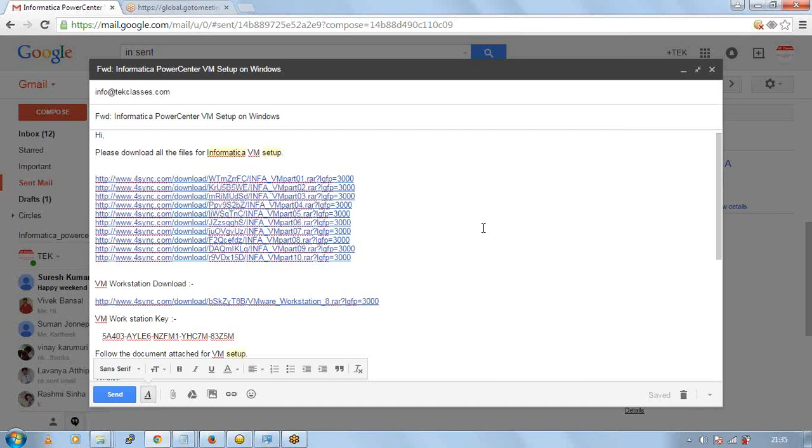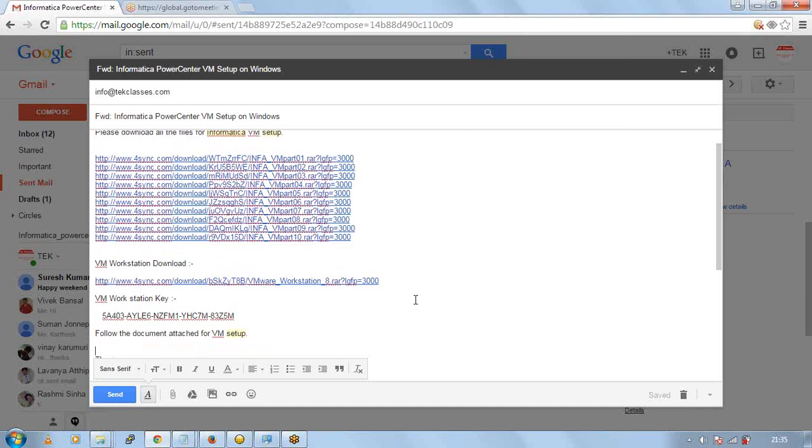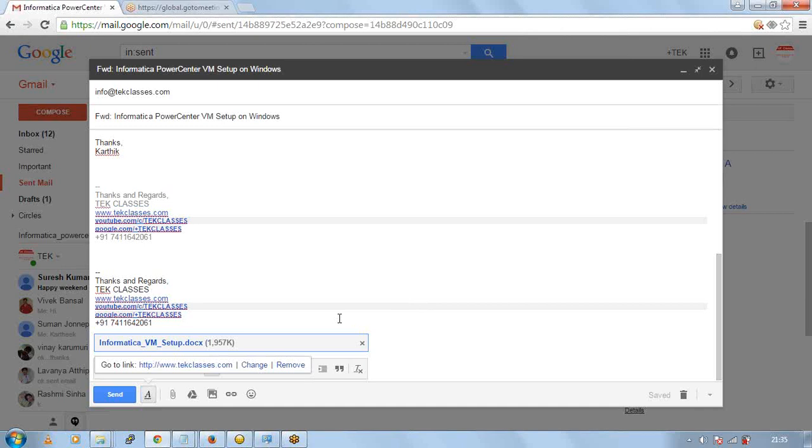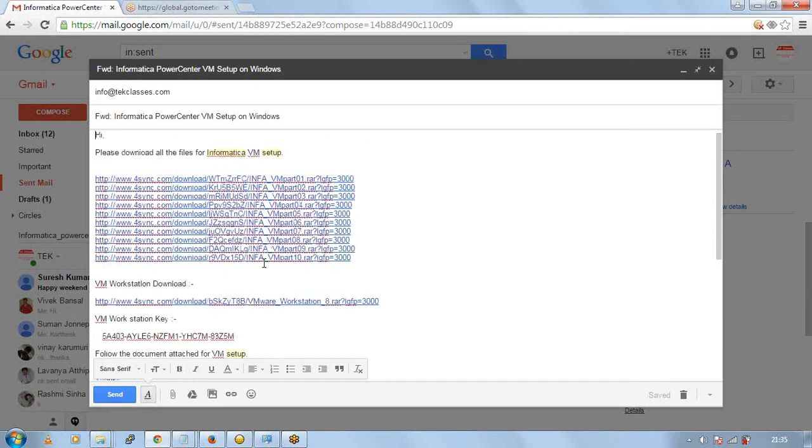Your mail will look something like this. Let's say you'll have all the 4 sync links wherein you'll have all the 10 files. All the 10 files will have a 1.5 GB size. And along with this, you also have to download the VM Workstation, and the VM Workstation license key is provided here. There is also an attached document along with this, which will guide you to set up the VM. Anyhow, we are going to talk about each and every step, how it is going to be done. So first, according to these links, you have to download all the files and keep them